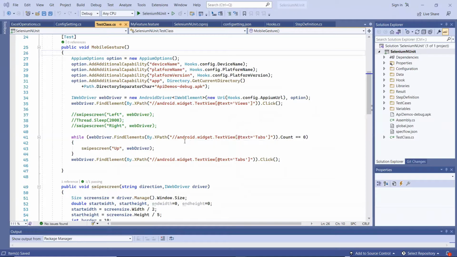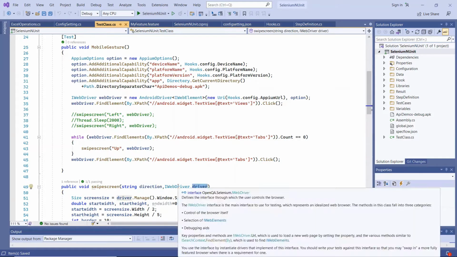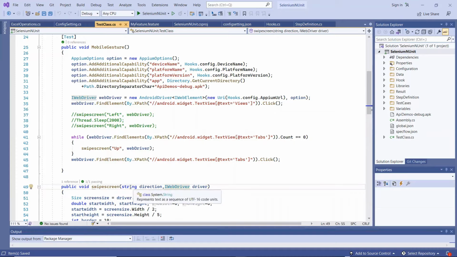Today in this tips and tricks series, I'm going to let you know about a cool feature available in Visual Studio, which can be useful for you guys when you spend a lot of time debugging your code. So the feature which I'm going to discuss today is parameter hints in Visual Studio. This feature provides hints of the parameter type which is expected by the method. When we are using a literal in the method call, then IDEs have the capability to provide hints for the name of the parameter. This makes it much easier to understand what their value represents.